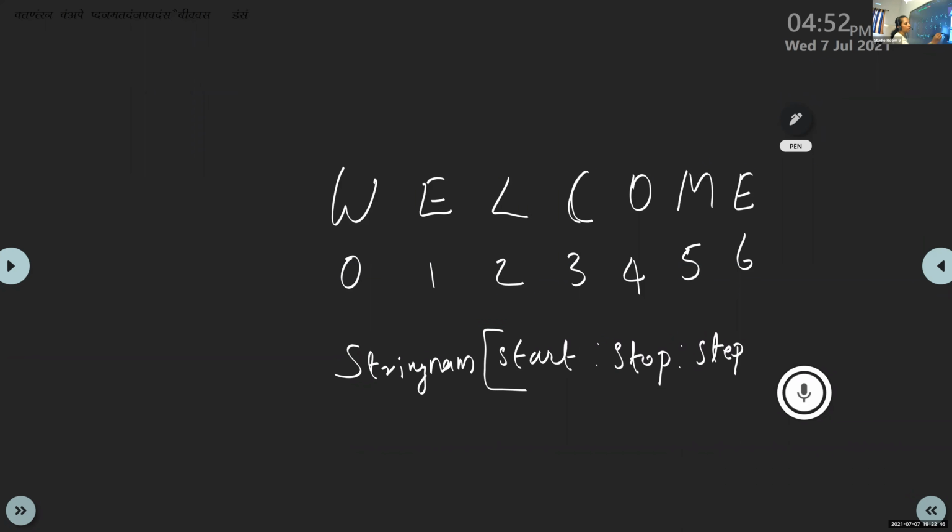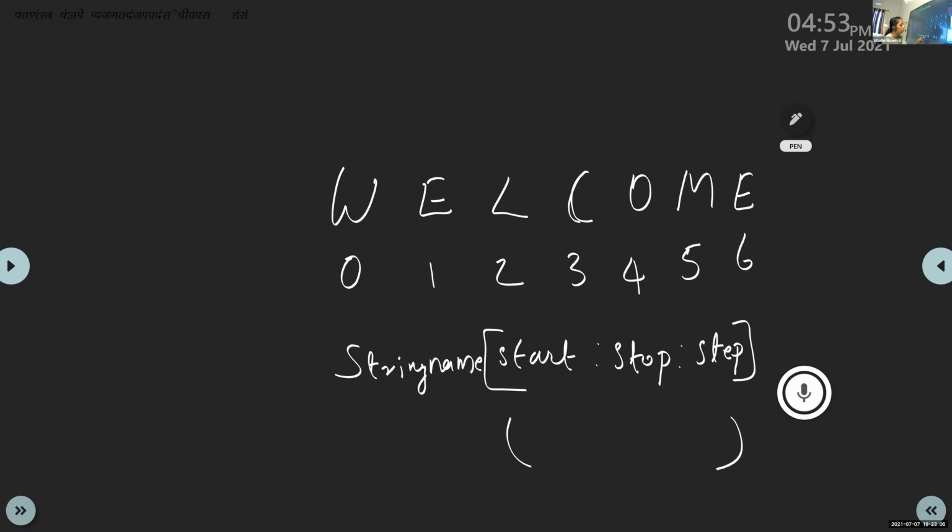So for slicing, first we use the string name. Then after the string name, use square brackets. This bracket is important. Normal brackets are wrong. You have to use square brackets.